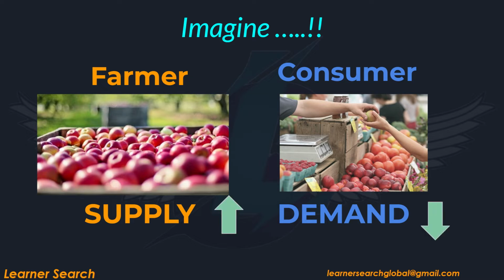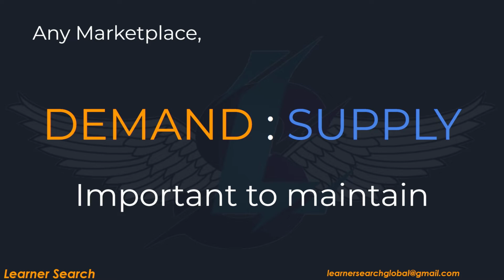When there is a situation in which supply exceeds demand, when supply increases while demand decreases, apples, for example, if not sold, go as waste. In the other case, where supply is low and demand is high, scarcity of product arises among the consumers. All this can happen anytime in any marketplace. It is critical and important to maintain a demand and supply ratio that meets the need of both suppliers and